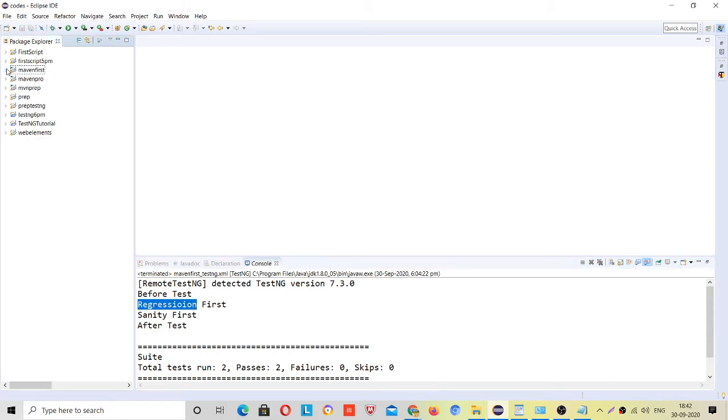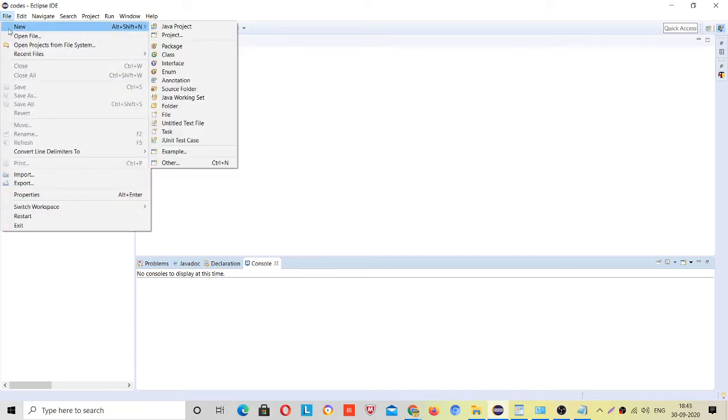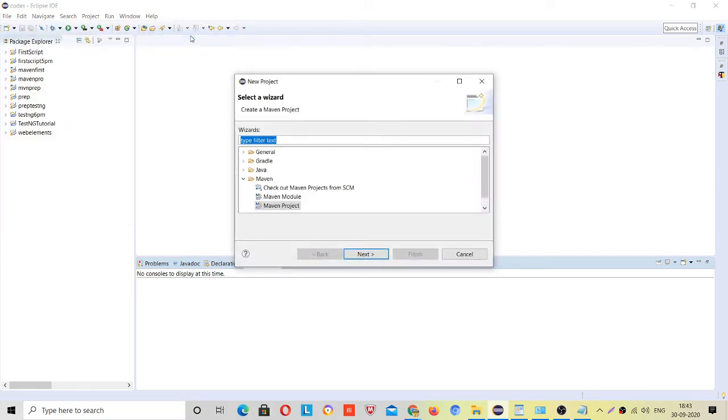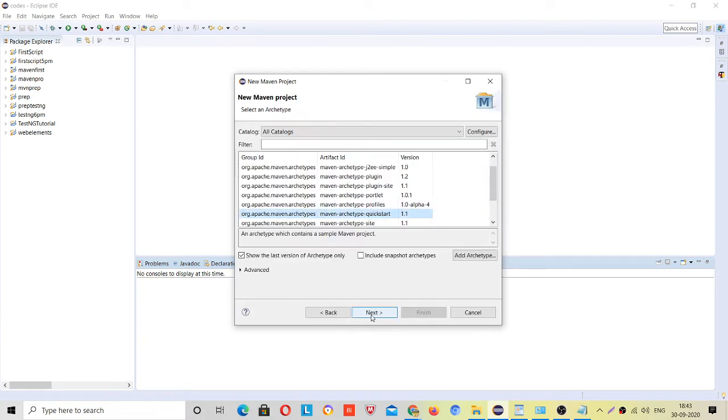Let me close this and create a Maven project for you. Now go to File, New, and Project. We are not going to create a Java project, just type here maven. Double click on Maven Project, then Next.